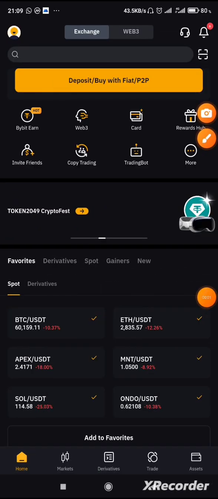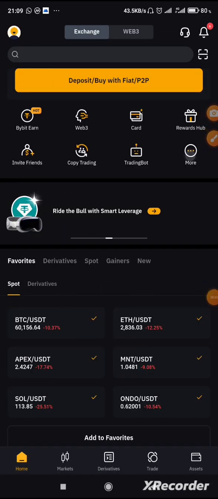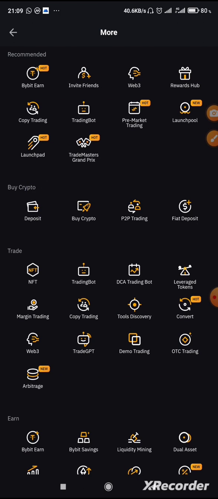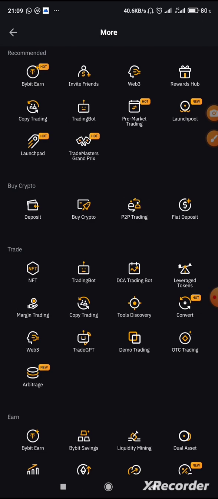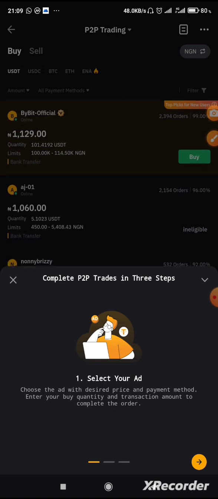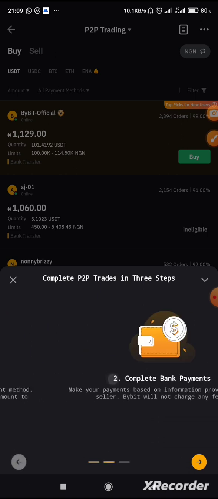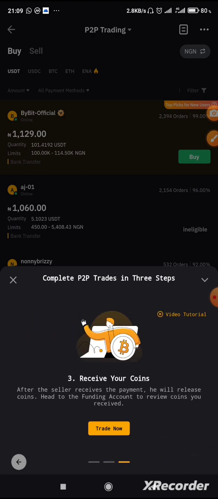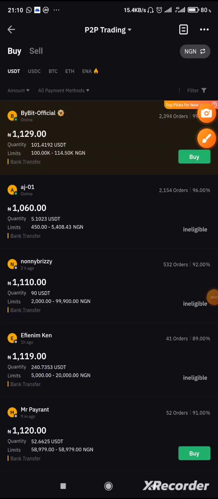To access the P2P area, tap the more icon on the home page. Then under the buy crypto section, you'll find the P2P trading. Select that. Then, being a first timer in this area, you're going to be presented with several pieces of information. Do well to go through them one by one, as they will guide you on how to navigate the P2P trading area. As you can see, that was one of the possible pop-up windows you could get when navigating into